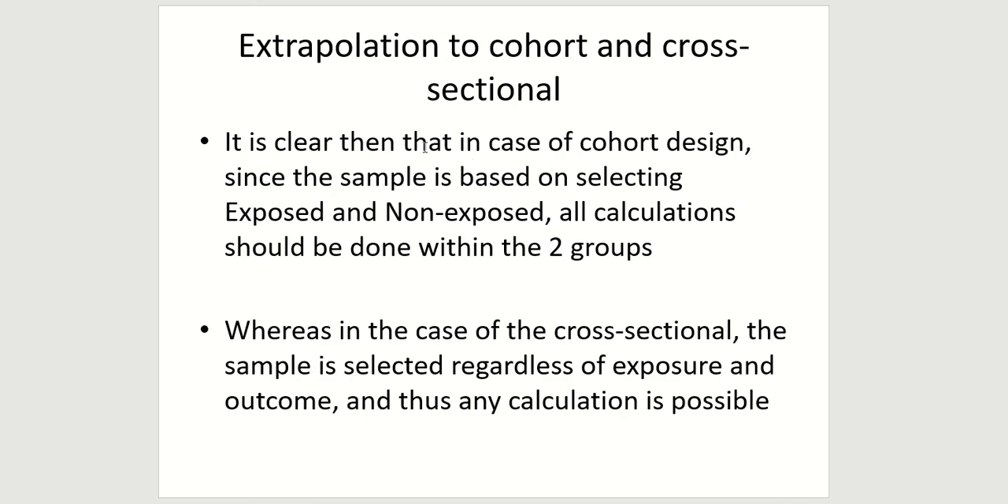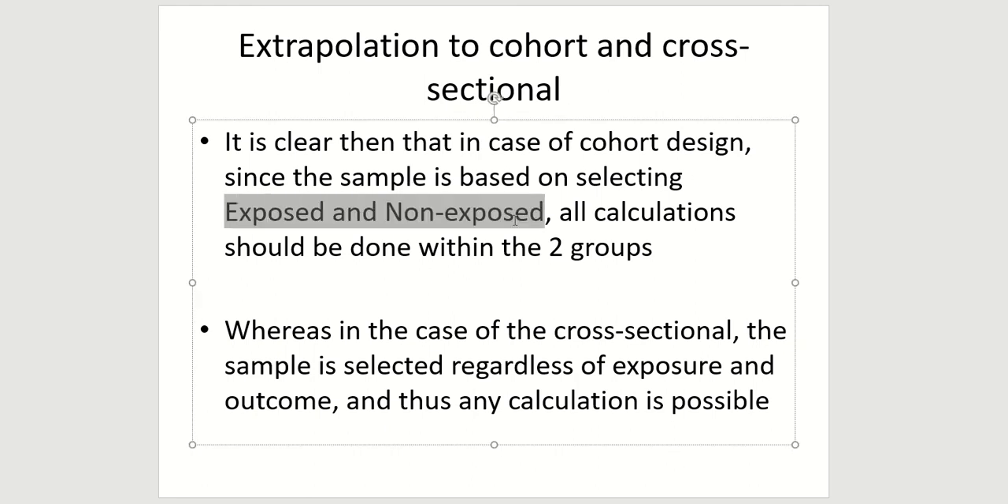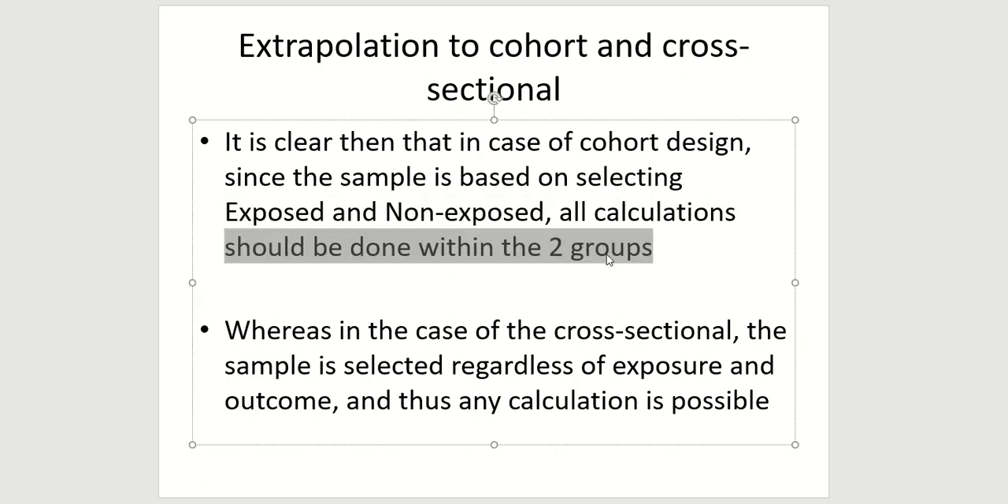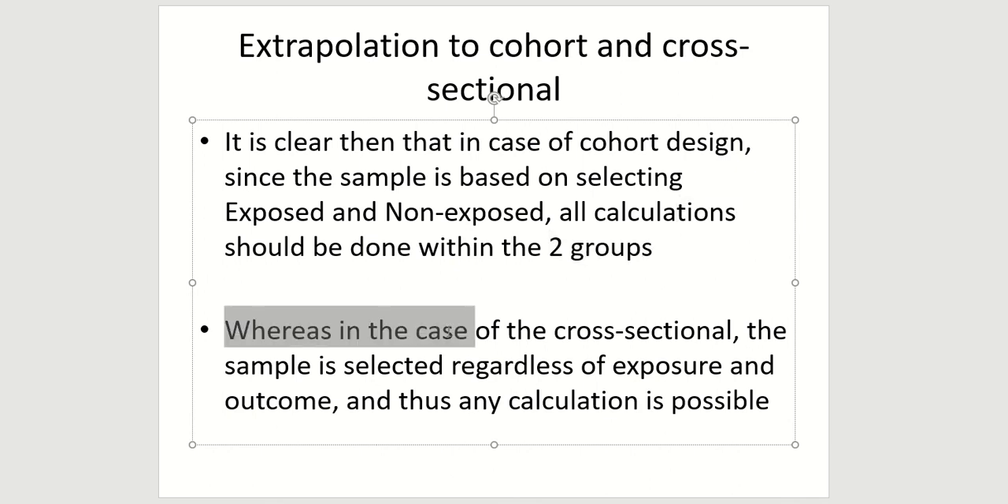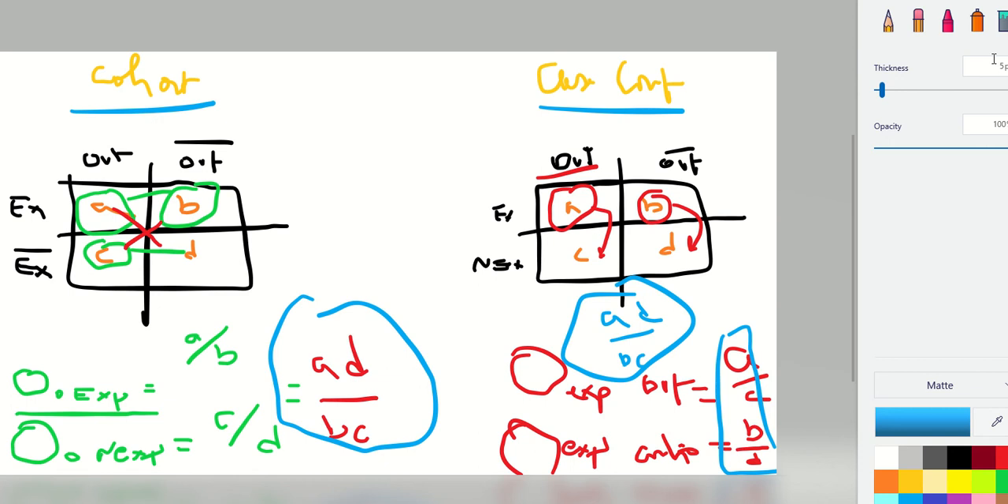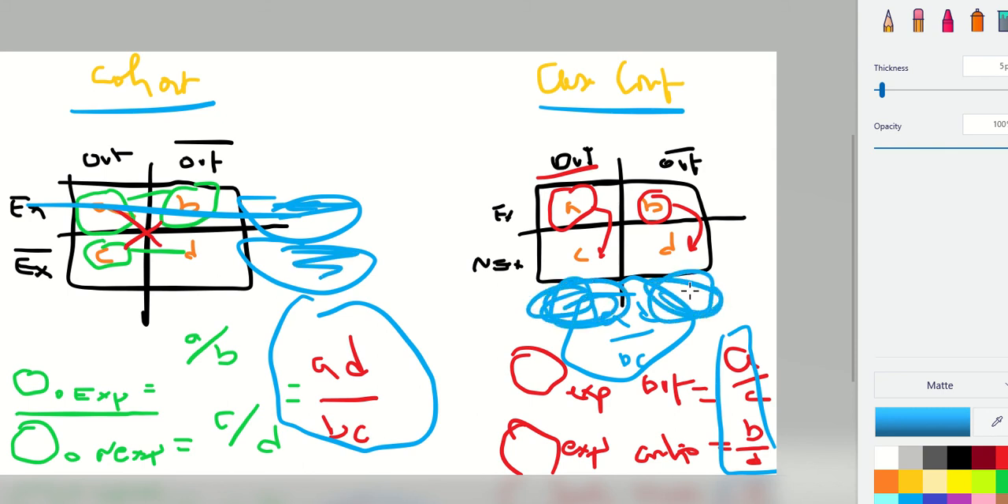And it is clear that in the case of a cohort design, since the sample is based on selecting the exposed and the non-exposed, the calculation should be done within the two groups. By two groups, I mean the exposed and non-exposed. Whereas in a cross-sectional study, which I will talk about later on, let me tell you what happens. In a cohort, you're selecting your exposed total and non-exposed total. You decided on the total here and here. In a case control, you decided on the total here and here. What happened in